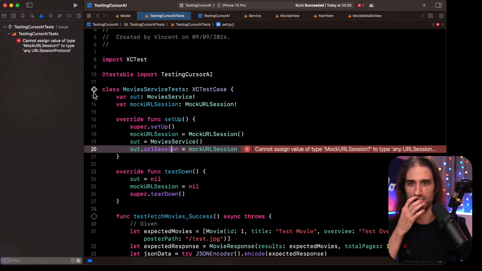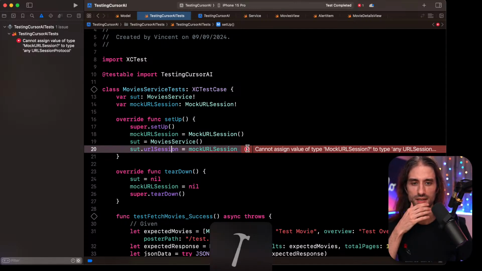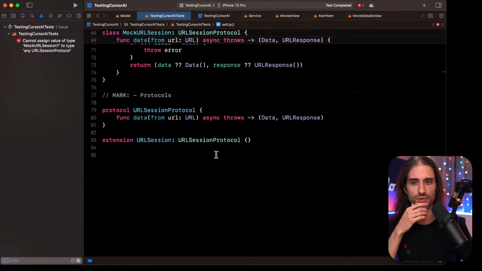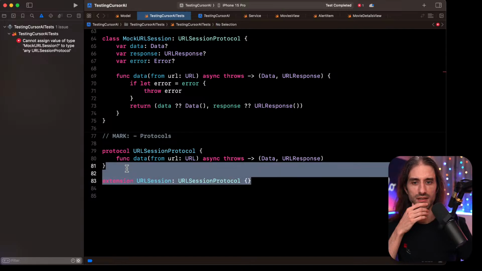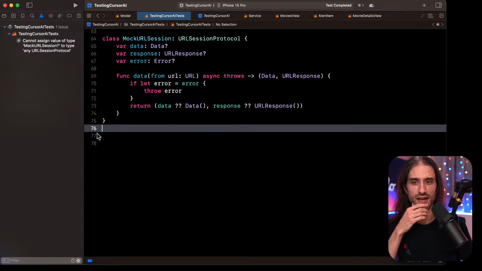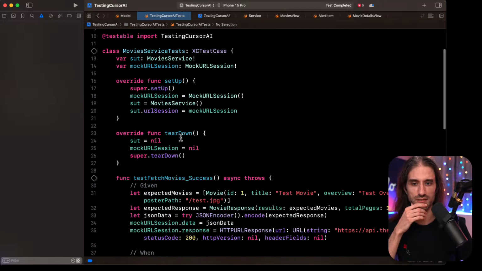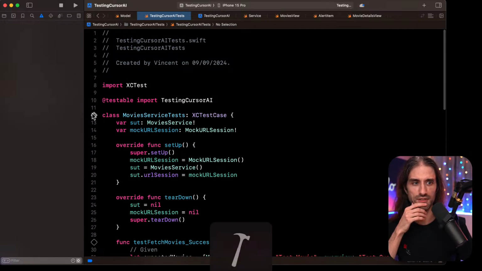So let's see. Do I still have the error in the test? Yeah. Cannot assign value of type mock URL session to type any URL session protocol. I think here, because they added the same thing with another name in the app, that's why it's getting a conflict. Maybe it will be better this time.